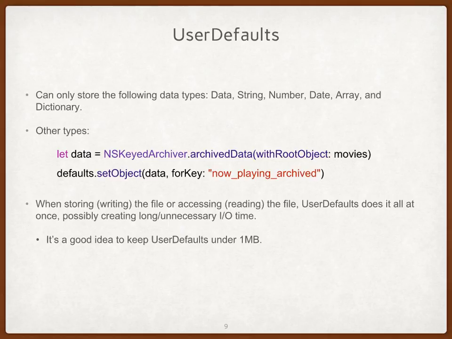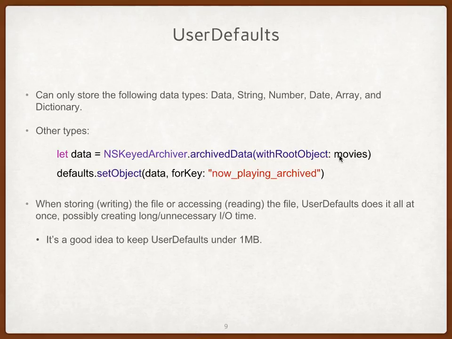I know, right? The reason is that the user default only allows you to save the following data types. So we have the data, the string, number, date, array, and then the dictionary. So anything other than these, we need to convert to data. So this is how we convert the thing into data. So we have here the NSKeyedArchiver. We say archive data with root object, and then, for example, in this case, I want to say this one. This one, remember